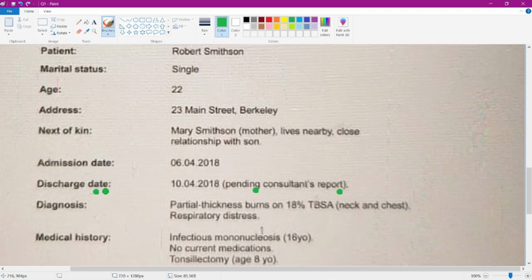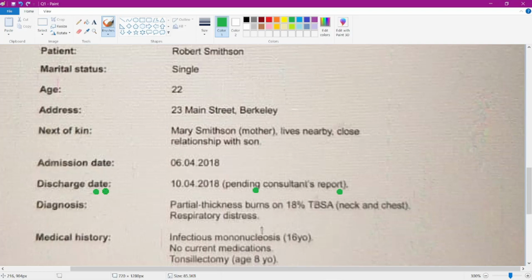So in the sample they have clearly mentioned how to clear that confusion. They just included that pending consultant's report rather than worrying about which date I should give for the discharge date. Because if you are getting anxious or nervous about which date you have to choose, your focus will change and you will be more focused on the date rather than the point. So you don't have to pay more attention to that.